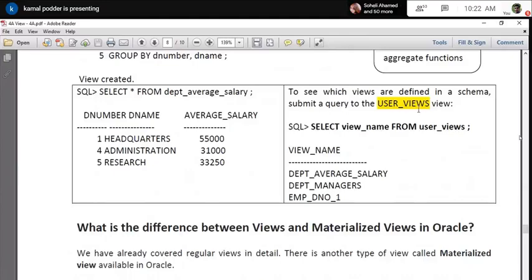Mind it, this is also a view created by the manufacturer, because you do not know the structure of the data dictionary tables. You can easily know that and write your own select clause.